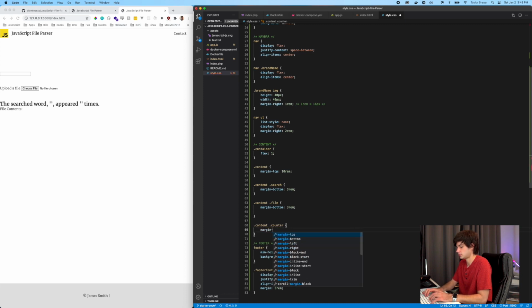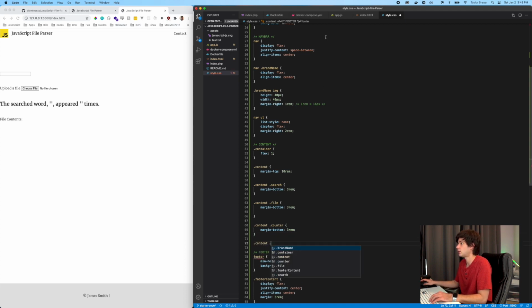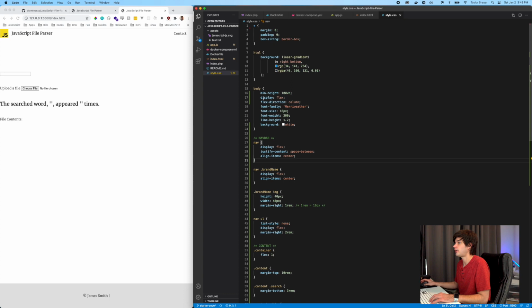Okay, margin, bottom, rem, right? And now we're good. We'll just make a content dot, called it results. But we don't really need to add anything there yet because we haven't really done anything with that area. Okay, so we're looking pretty good. Let's save that. Now, if we want to get our container looking a little better, what we're going to do